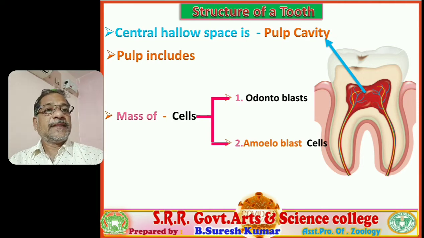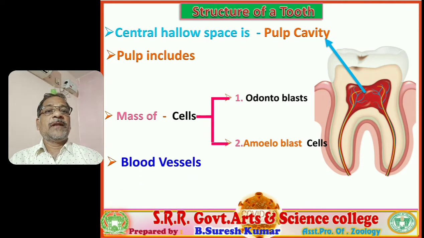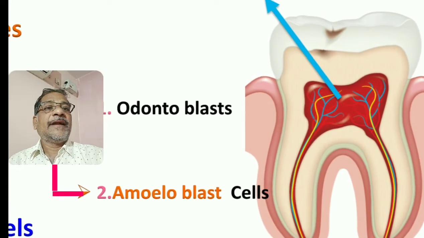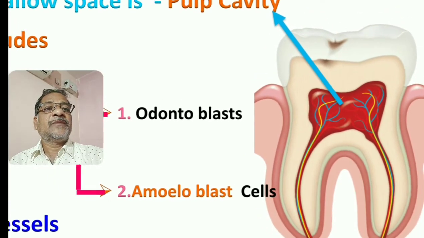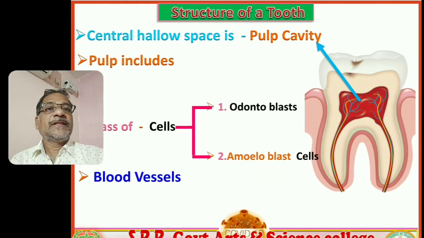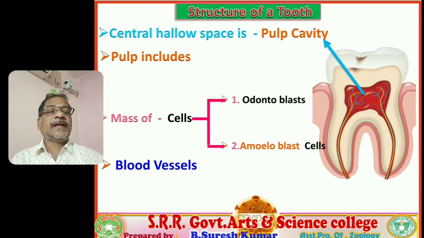Followed. Right. Next, what is another content of the pulp? Blood vessels. Clearly you observe, in the pulp cavity, clearly blood vessels are there. A blue color and red color capillary network is present. They are called blood vessels. The blue color represented vessels are veins and red color are arteries. Arteries supply oxygenated blood to teeth, and veins collect deoxygenated blood from the teeth, so that capillary network, the blood vessels, capillary network also seated in the pulp cavity.